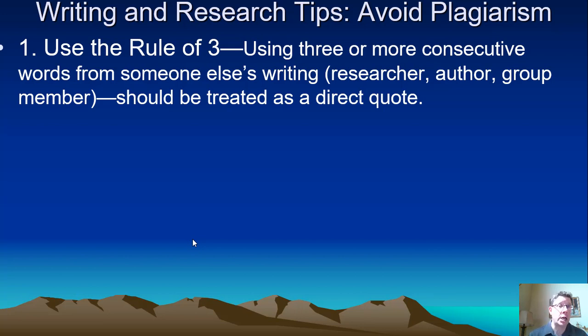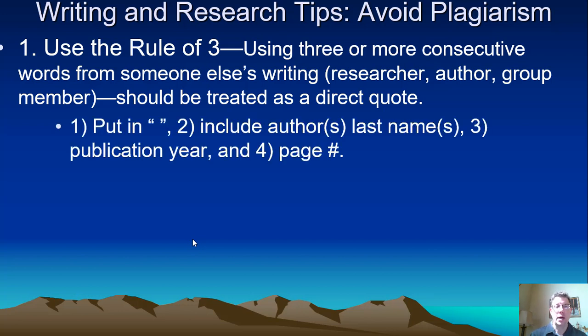And also, if you're working in a group on your research project, and you have to develop research hypotheses or predictions, some of your hypotheses might match a group member, some of them might be different, and that's fine. They don't have to match, but they can. If they match, it's okay if the hypotheses use the same wording. But other than those 2 reasons and some other things I'll mention during the semester, 3 consecutive words or more, you've got to treat it as a direct quote, okay? If you don't cite that as a direct quote correctly in APA style, we're counting that as plagiarism. So be aware of that.